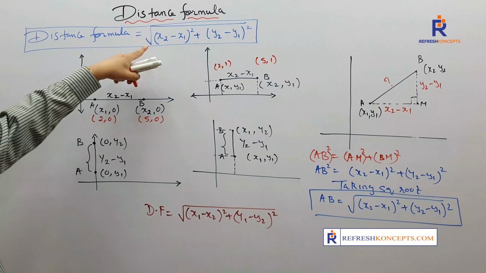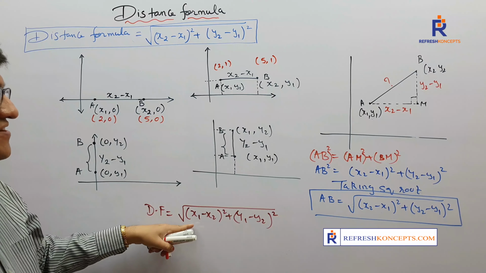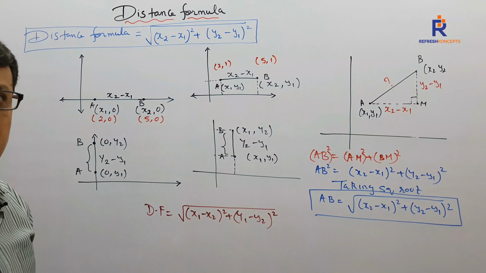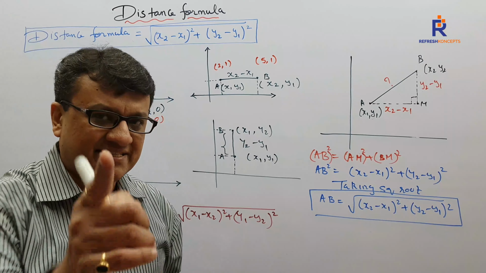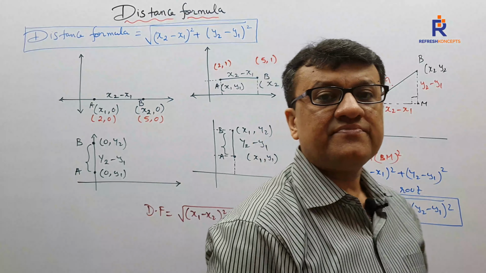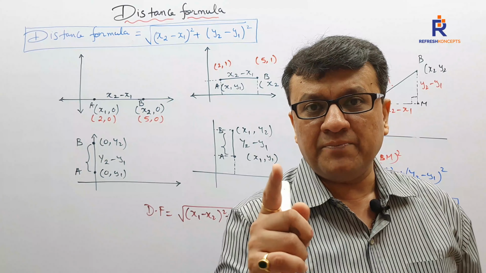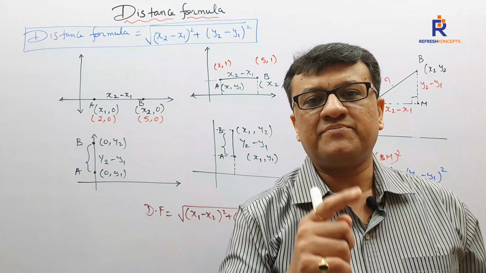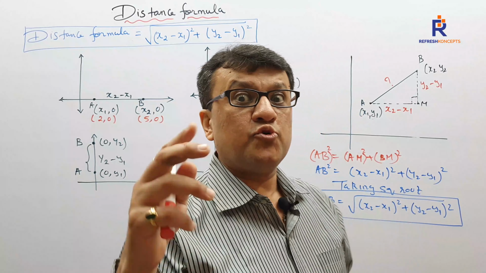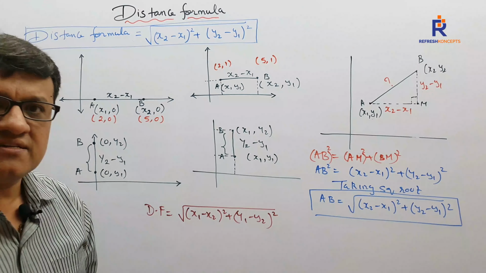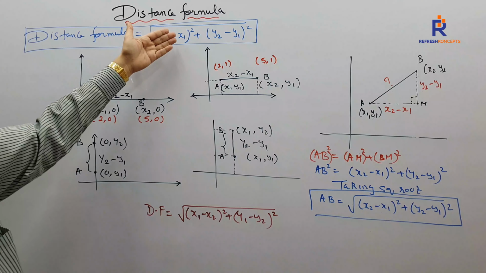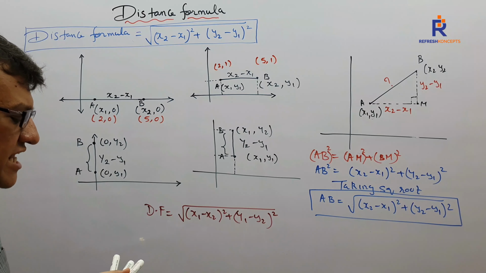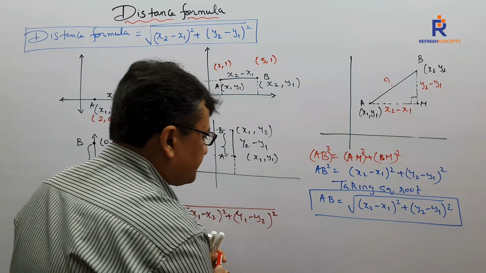Over here I have written x2 minus x1 the whole square. Here I have written x1 minus x2 the whole square. y2 minus y1 the whole square. Here I have written y1 minus y2 the whole square. Is it correct? I want you people to think, but I have to answer it right now. Answer is, they are absolutely correct. Now those who are wondering, how did sir say that they are correct? How can x2 minus x1 be x1 minus x2 and y2 minus y1 be y1 minus y2? Let me explain you again.